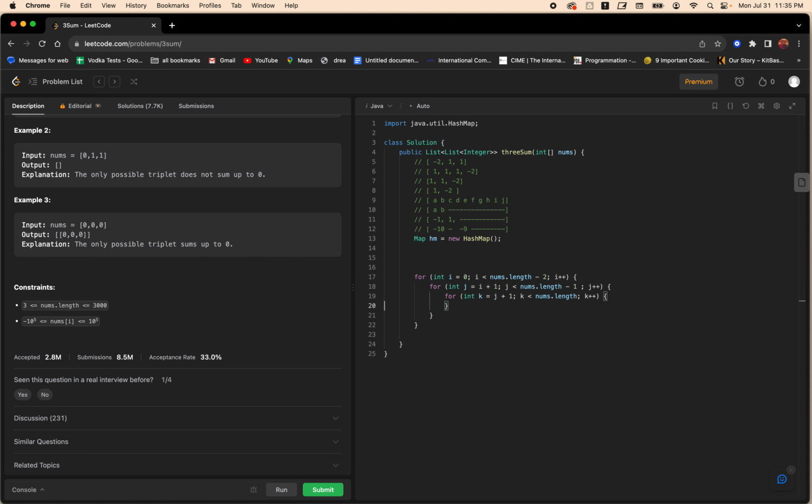We would be saying something like this: int a equals nums i, int b equals nums j, and c equals nums k. If a plus b plus c equals 0, then like